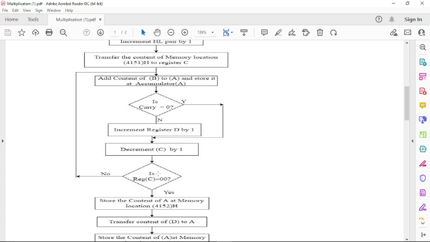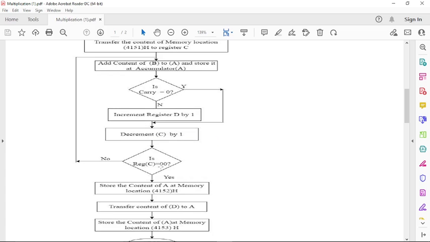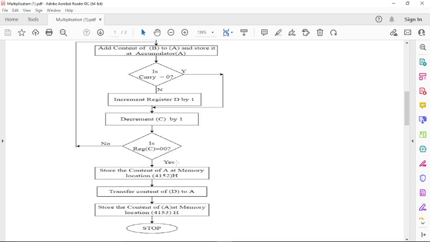Then we have to check whether register C is 0 or not. If not 0, we have to perform addition again. So here we have to form a loop. If register C contains 00, then we have to stop addition and proceed.